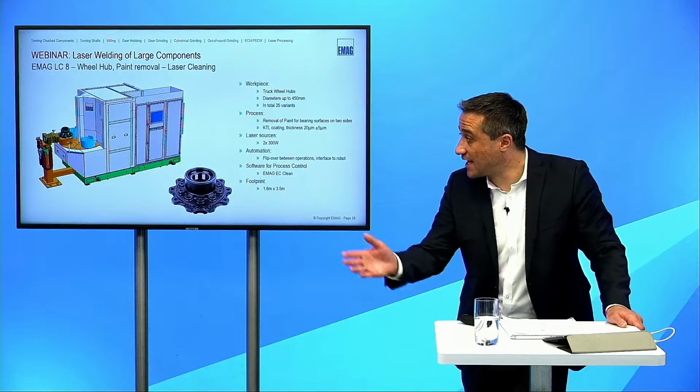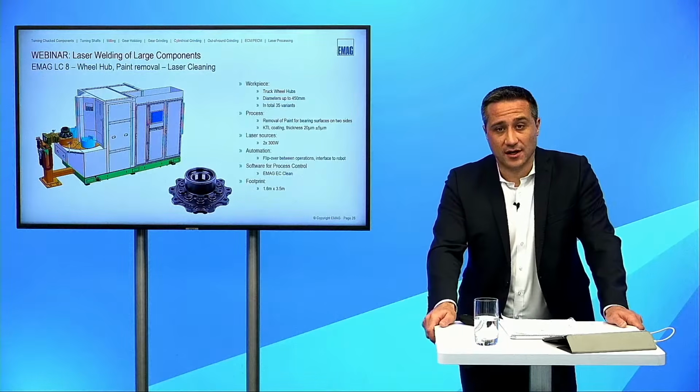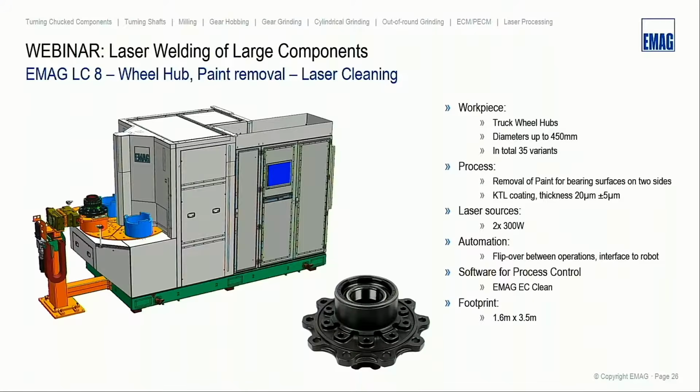So we decided to offer our laser cleaning machine, the so-called LC8, which is referring to the size, and the request was to clean those mentioned wheel hubs with a diameter up to 450 millimeters. Very challenging was that the request was to realize in total 35 different variances. And this is always a challenge, to realize a system without any manual change over time, and therefore we decided